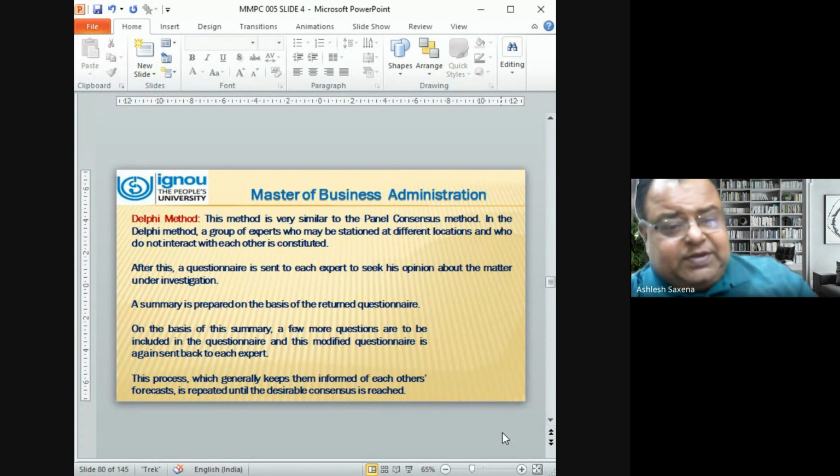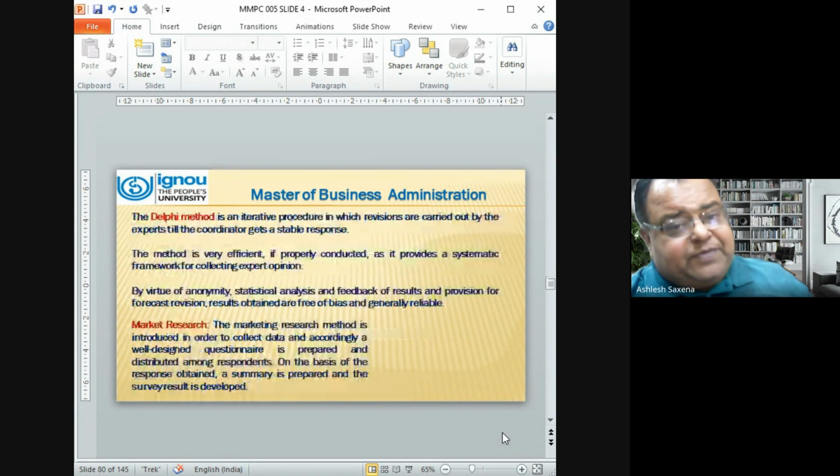This process, which keeps them informed of each other's forecasts, is repeated until the desirable consequence is reached. The Delphi method is an iterative procedure in which revisions are carried out by the experts till the coordinator gets